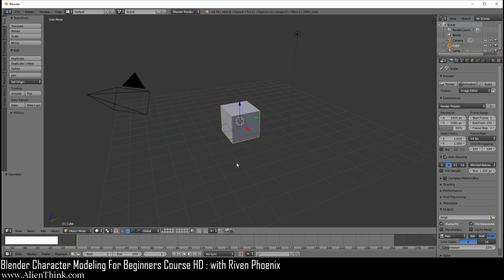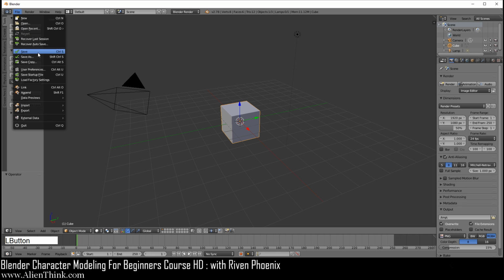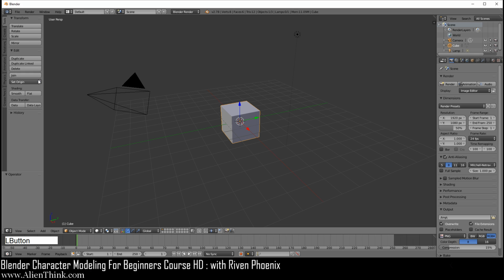Okay, so now we're going to start the process of creating the realistic version of the human figure using the formula-based system approach. So again, these are formulas that I've developed through the years to allow me to create human figures very quickly on the fly. So what I'm going to do first is go under File and go under Load Factory Settings, and I'm just going to do this to make sure that if you've just downloaded Blender, we're starting out from the same point.